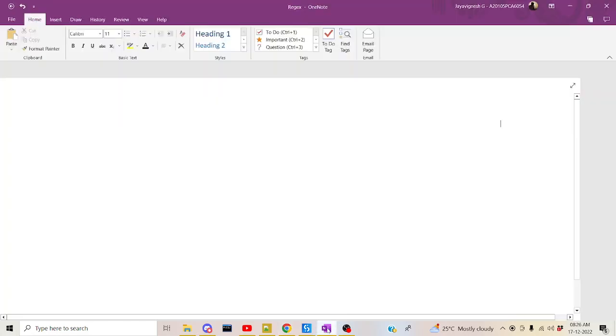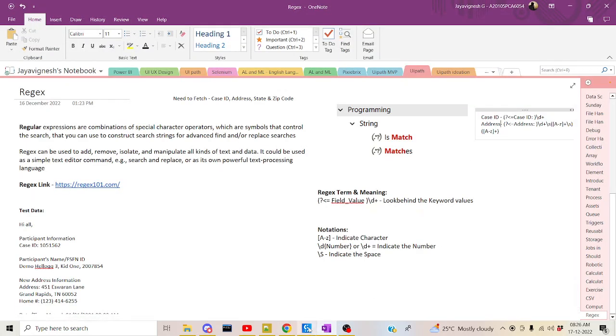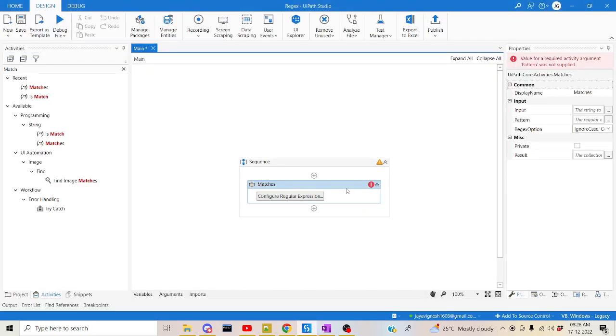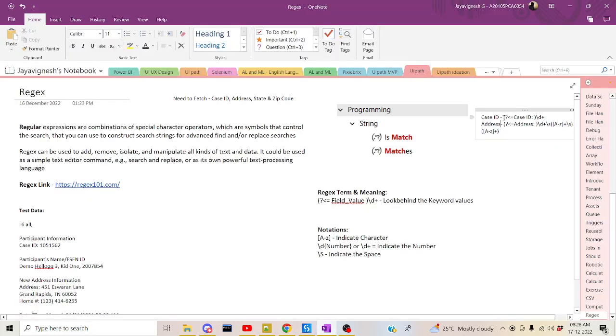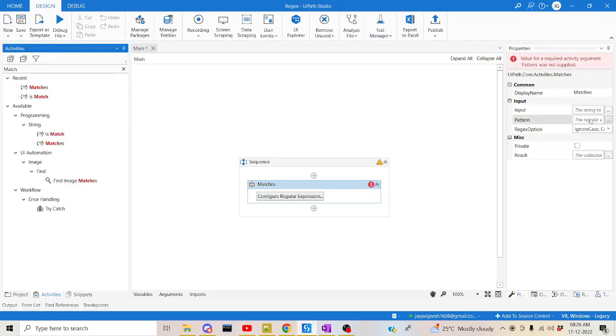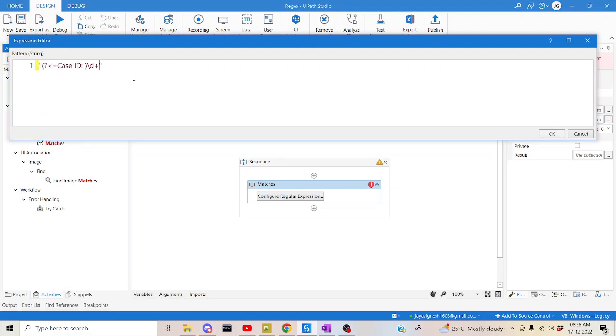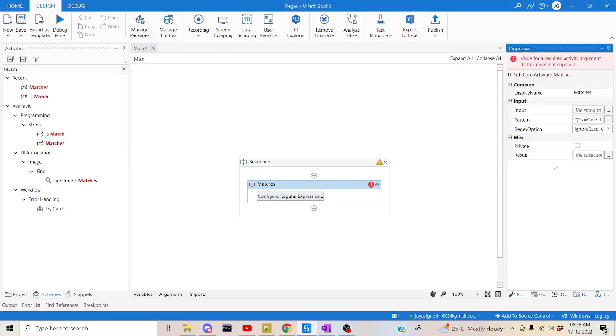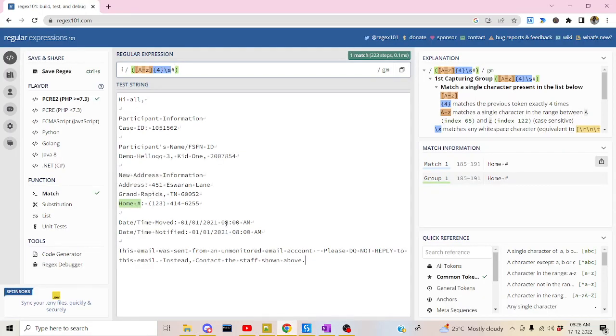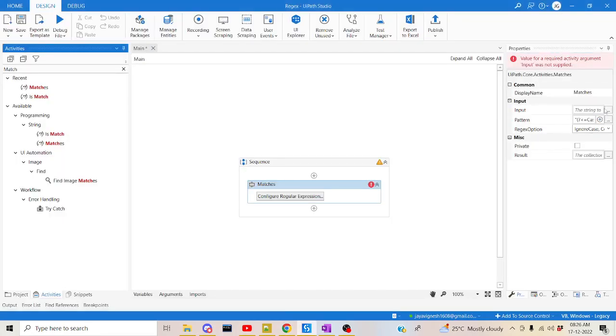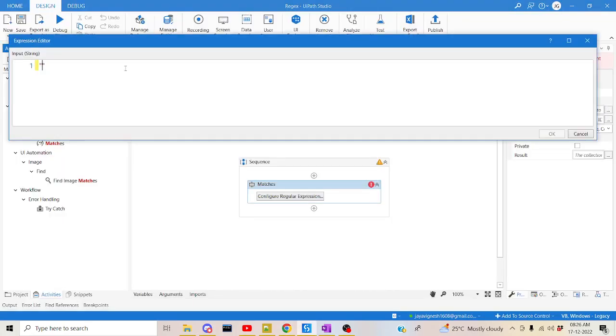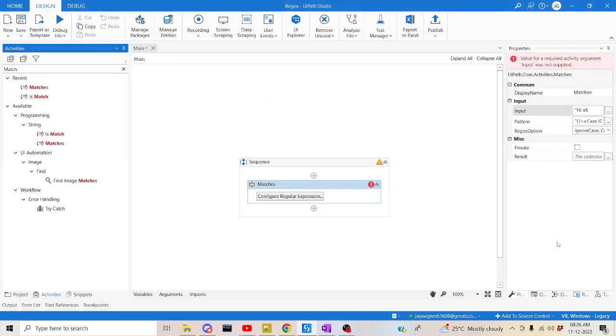Let me quickly jump back to our example, back to the Studio part. In the pattern, you are going to mention the regular expression pattern which you have obtained. Let's go here, just copy this. This is the regex pattern which you have obtained. Just go here, open this, double quotes, mention it here. And then what is the input string? This is the input string, right? This entire data. Just copy this, go to the input panel, double quotes, mention it over here,